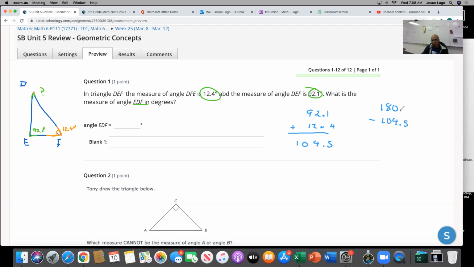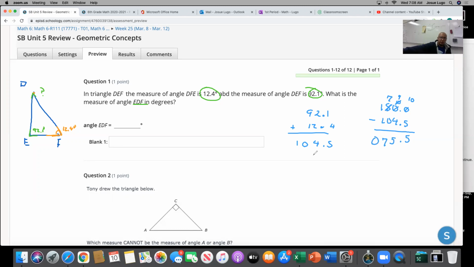180 minus 104.5. Notice how I have lined up the decimal. So I cannot take 5 from 0, so I'm going to borrow. I'm going to borrow again, so this is going to become a 10. Borrow again, that becomes a 9. So 10 minus 5 is 5. 9 minus 4 is 5. 0 minus 7 is 7. And that becomes